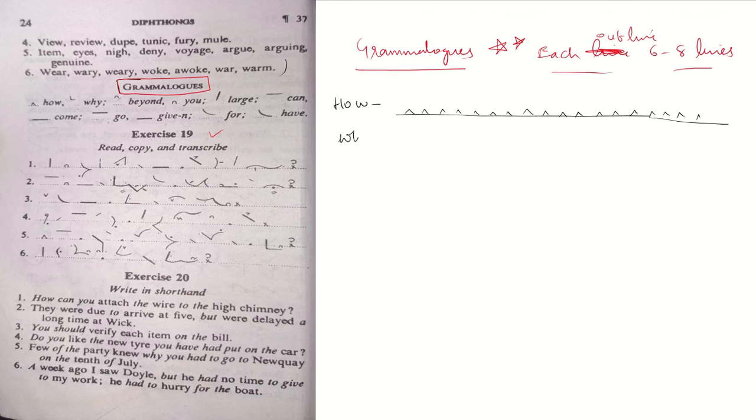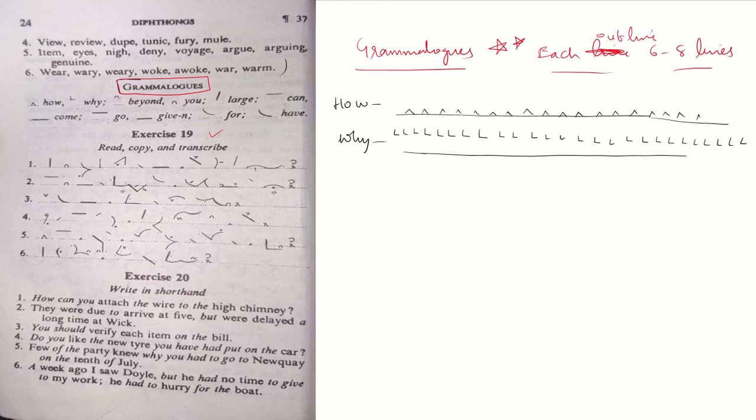Next we have "why". It should be written above the line. Just like how you write "on" in the third chapter, while I was teaching intervening vowels, I told you to write it small, with a small tick on the right side. Like this it will become y, the same length. One is in straight format, one is in slip format. So it is y, right? Right above the line, slowly practice 6 to 8 lines.